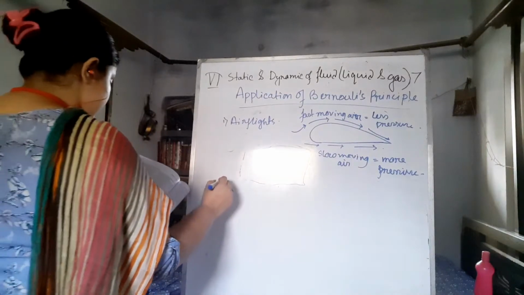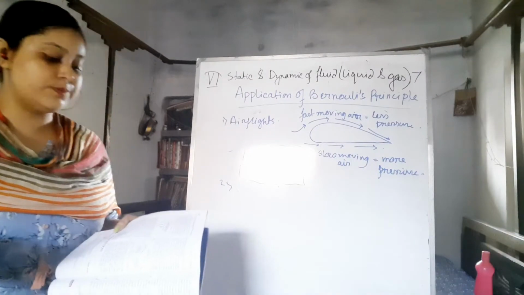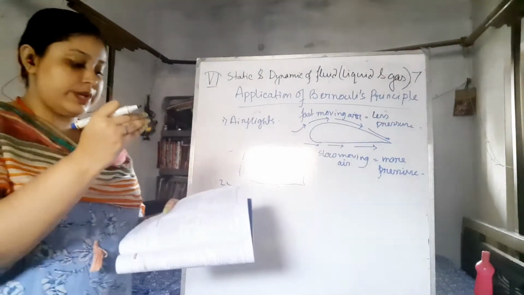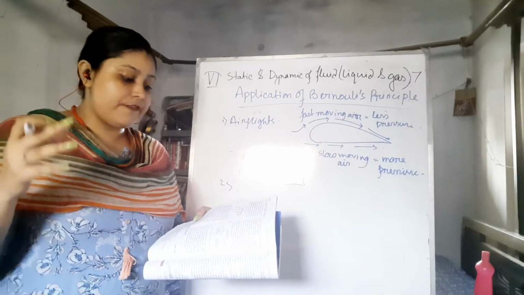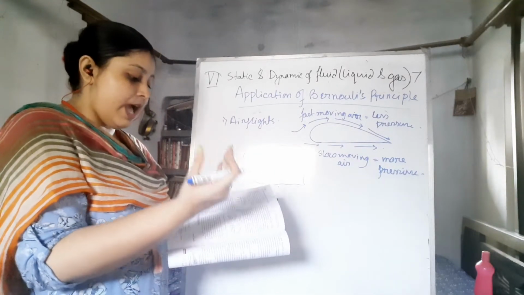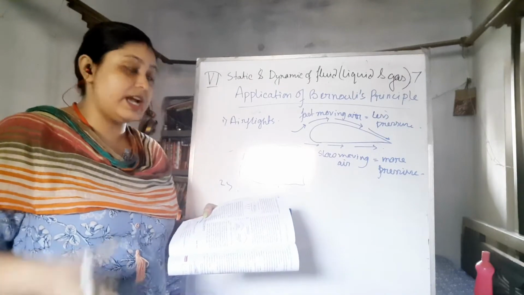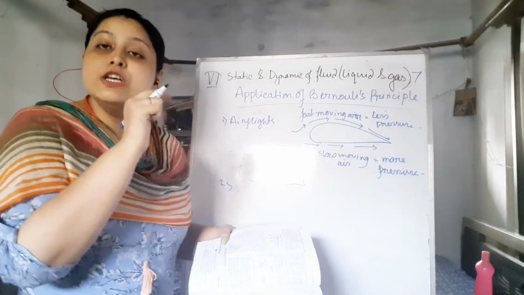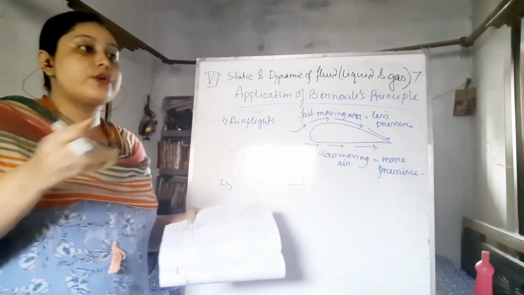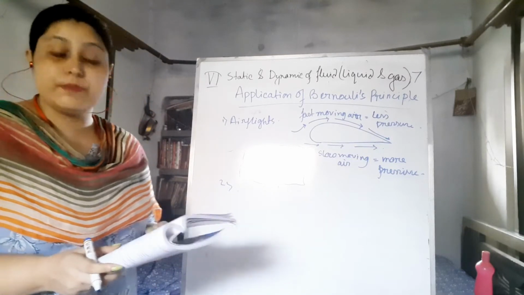Secondly, a person standing near a railway track is always pulled toward the train. When a fast moving train passes close to him, the fast moving train decreases the pressure between the person and the train, and due to this the greater pressure on the other side of the person pushes the person toward the train. That is why people are warned about fast trains that don't stop at the station.